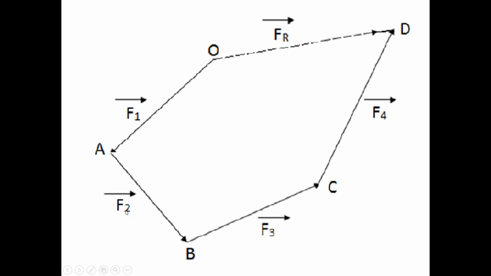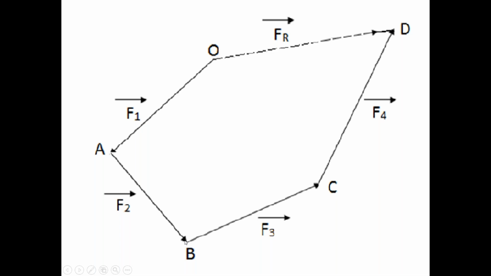So on the white paper, we represented force F1 bar as the side OA of the polygon. We represented force F2 bar graphically as the side AB of the polygon. Check the directions. The direction on the line OA is continued by the direction on the line AB. Then we have the third force F3 bar on the rigid body.